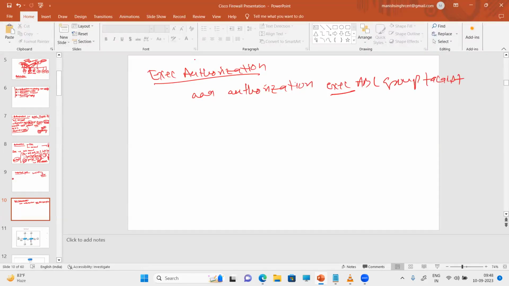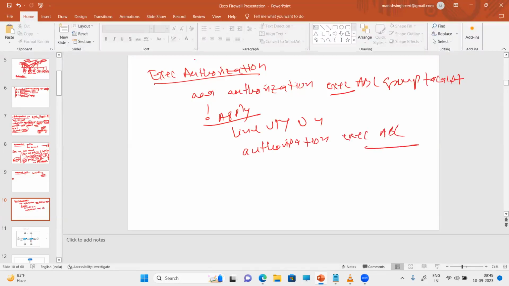Okay. Now where can we apply it? Under line VTY 0 to 4, authorization exec group name ABC. That's it. Once you do that, your exec authorization command would be done. Now, guys,